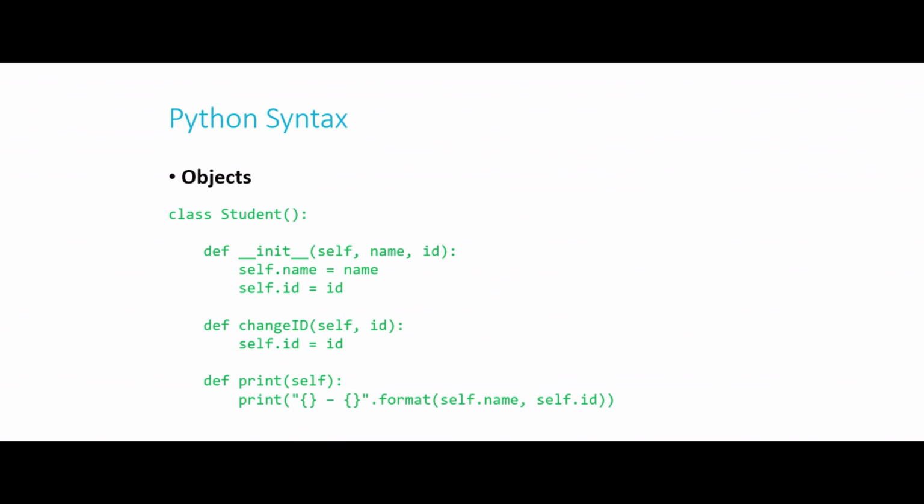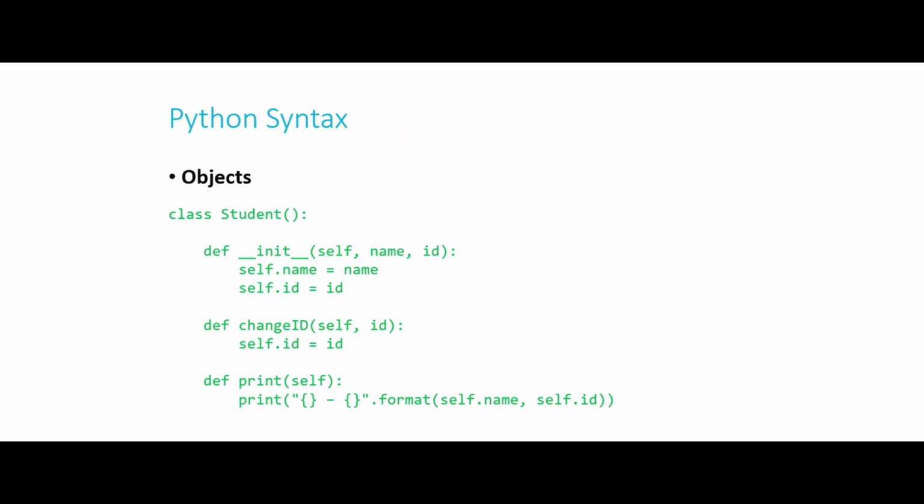So here's a very simple class called Student. Class Student with a capital S means that whenever I want to create a new student object, I'll use that capital S Student keyword. And I'm defining three functions. The first is that constructor, that initialization function, which is always called underscore underscore init underscore underscore. Now my student is going to have two properties: a name and an ID. But because I'm defining a method inside of that class, I always have to include that self parameter so that I always know what object I am talking about, or what object is being invoked here.